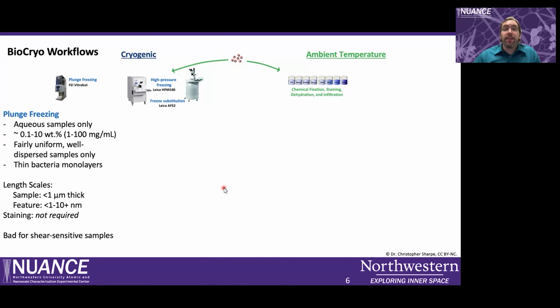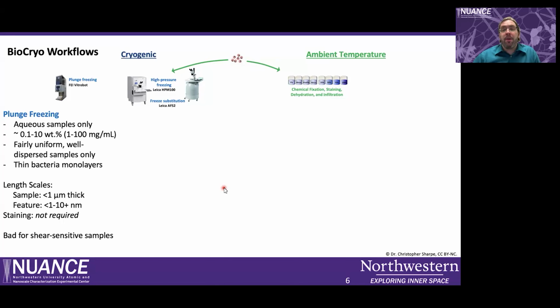Alternatively, if you are working with bacterial samples, it is possible to do plunge freezing of bacteria monolayers. Bacteria are small enough you can actually plunge freeze them and get good structural preservation that way. And then you can prepare them in a variety of techniques to look at them with electron microscopy. In terms of our length scales, the samples that we can use for plunge freezing have to be less than about a micron in thickness,